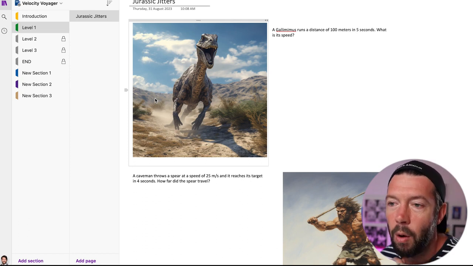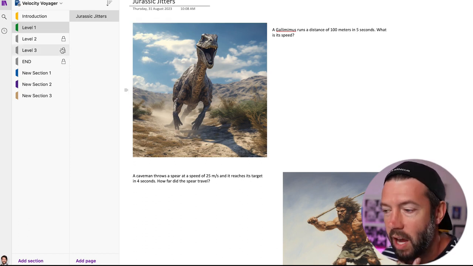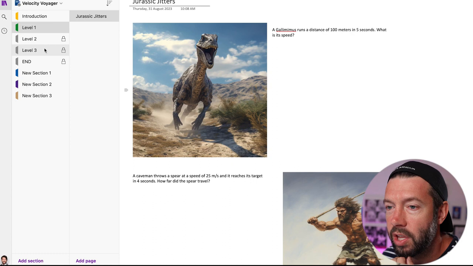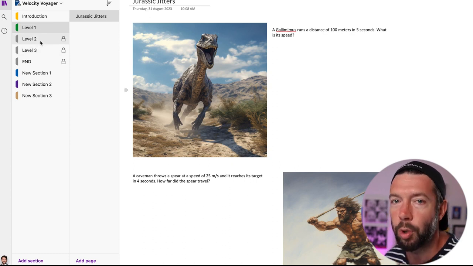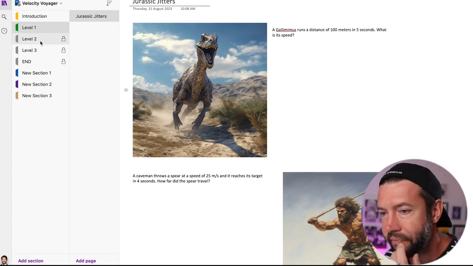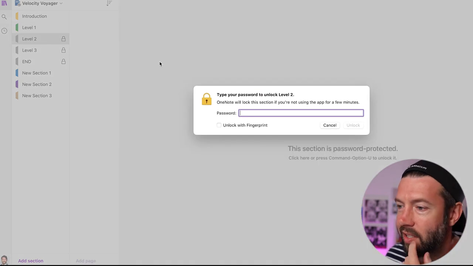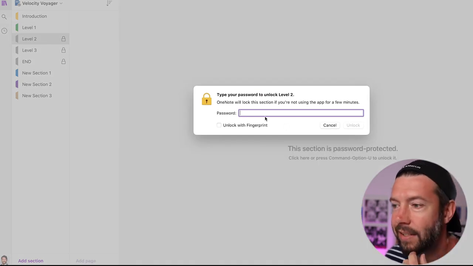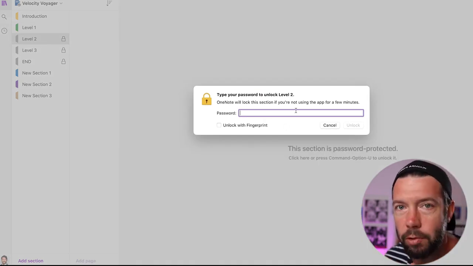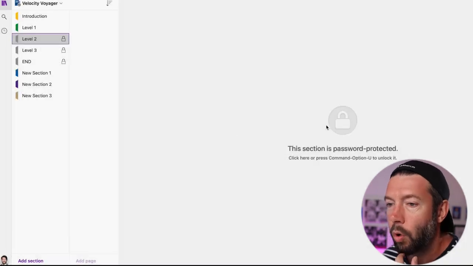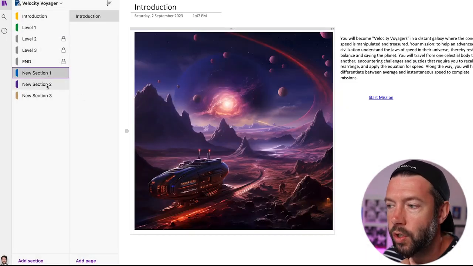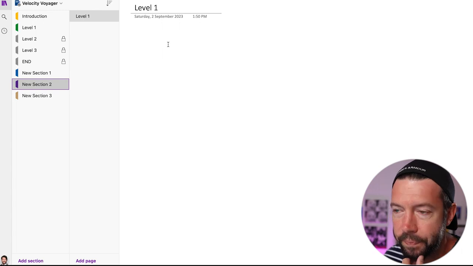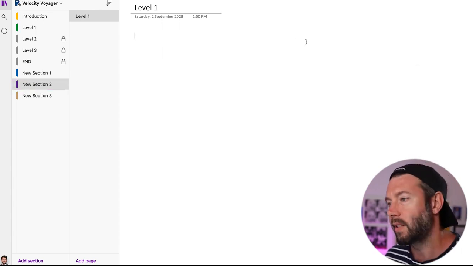But it's now the part where it's about how do you gamify this, and then how do you turn this into something where they have to input codes to get from level to level. So as you can see, if I tried to enter this, this is now locked. It's password locked. So what you can do when students complete, let's say, this level, okay, you can then say,